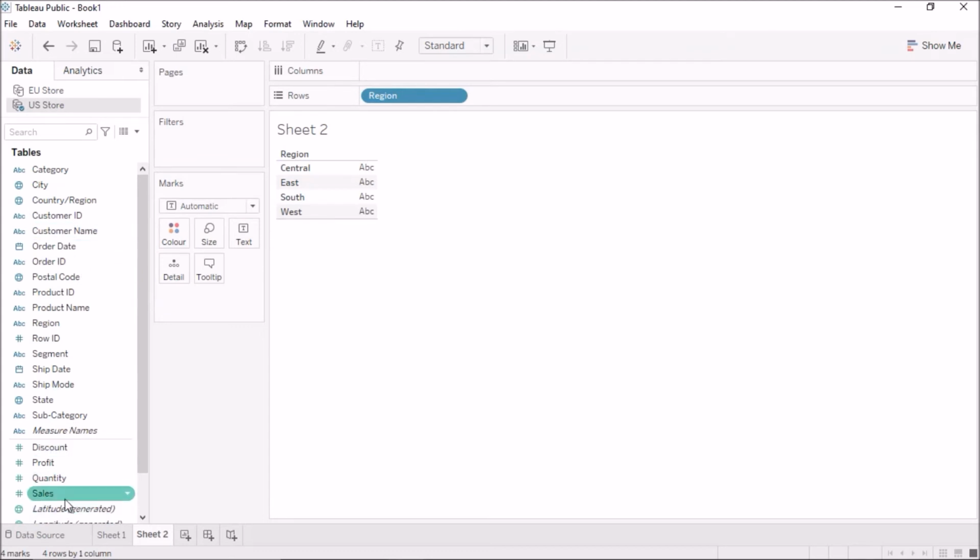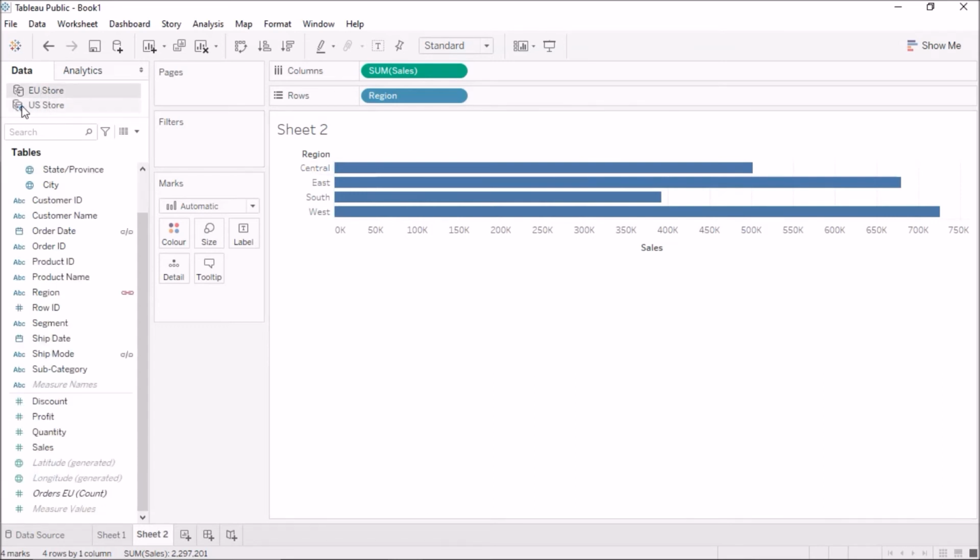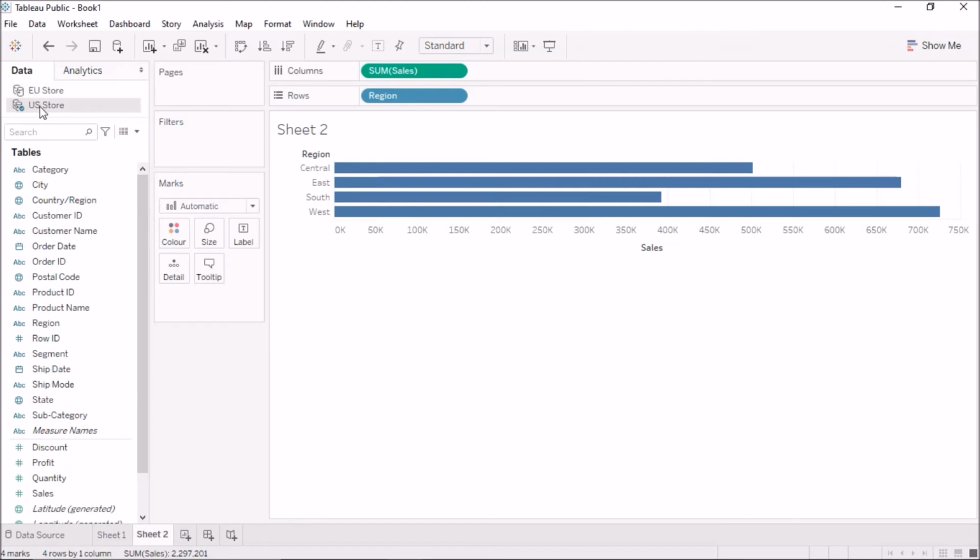Okay, and I'll drag the sales here. Now you'll see one interesting thing. Now the blending of data happens as a traditional left join. So now this is my left table, and this becomes my right table because this is the primary data source. So primary is the left table, and if you are familiar with left joins, it is simply this.